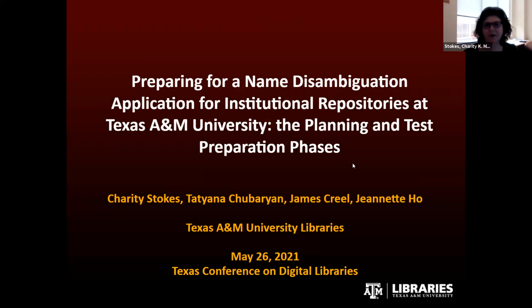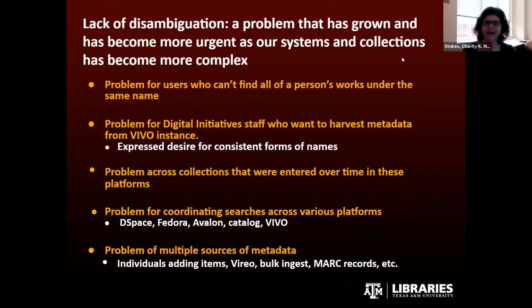Okay, so today what we're going to be talking about is how we went about trying to decide how to implement authority control or name disambiguation in our repositories here at A&M. This is in process, so we're not quite there yet. Now, the lack of disambiguation, the fact is that our repository started out like so many things, so small. It grew over time, it became more complex. And as more and more collections were added,